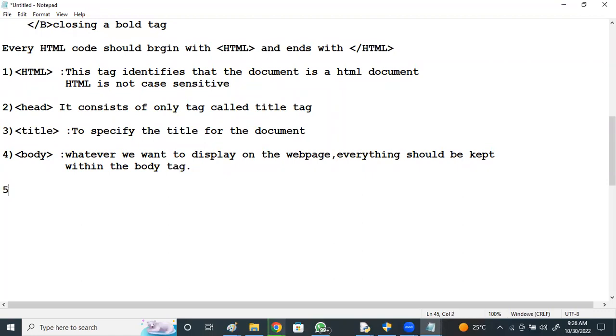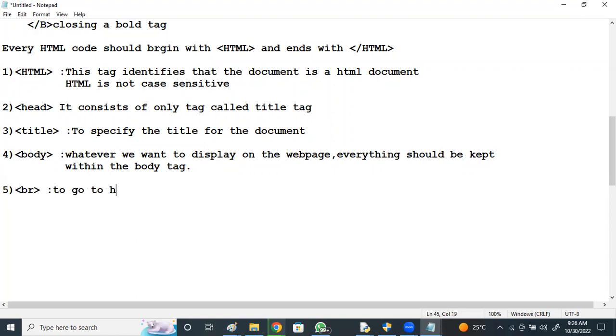Next, we have a tag called the BR tag, the break tag, to go to the next line.